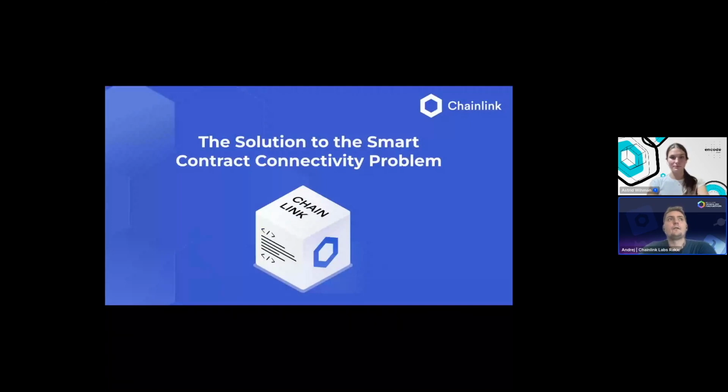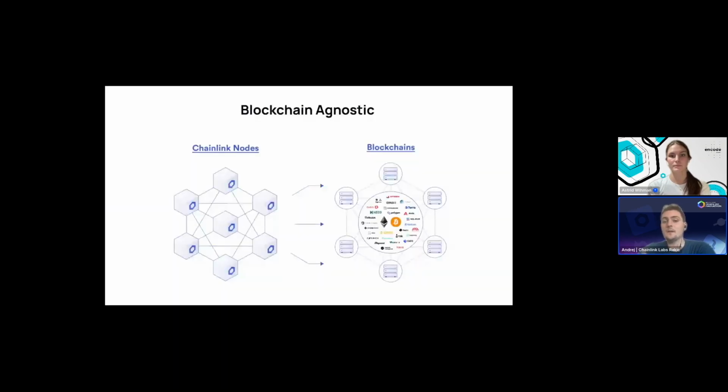So the solution to the smart contract connectivity problem finally is the Chainlink protocol, which consists of multiple services. So being data feeds, OCR feeds, proof of reserve feeds, NFT floor prices feeds, automation, CCIP, VRF, and finally Chainlink Functions. And today we're going to focus on Chainlink Functions,